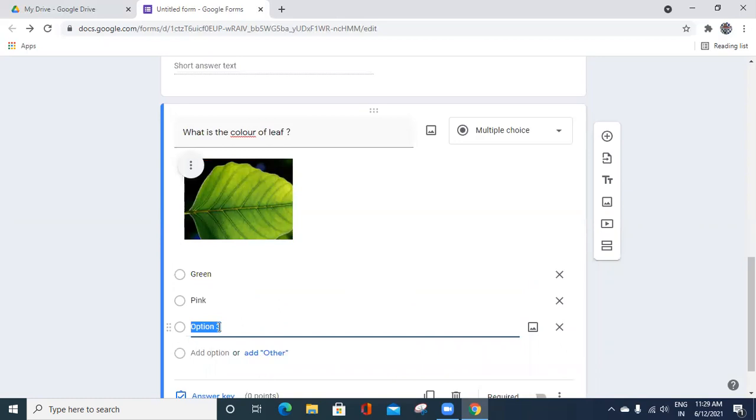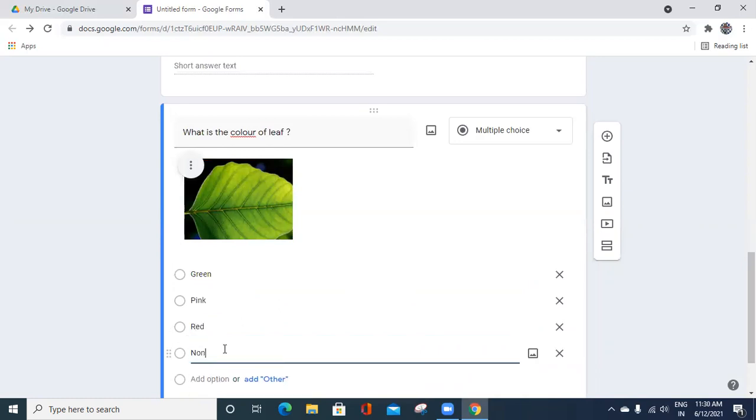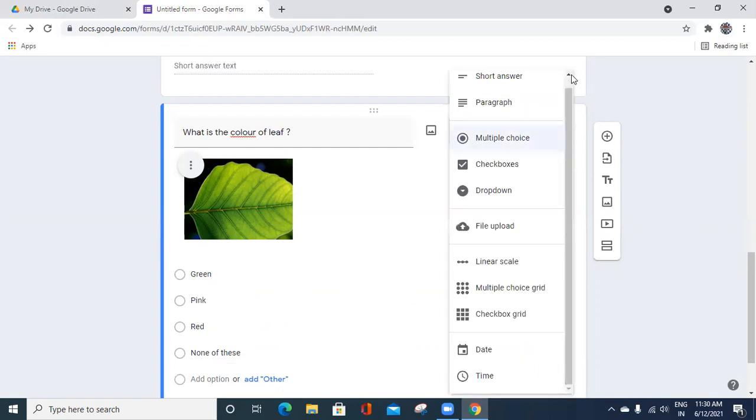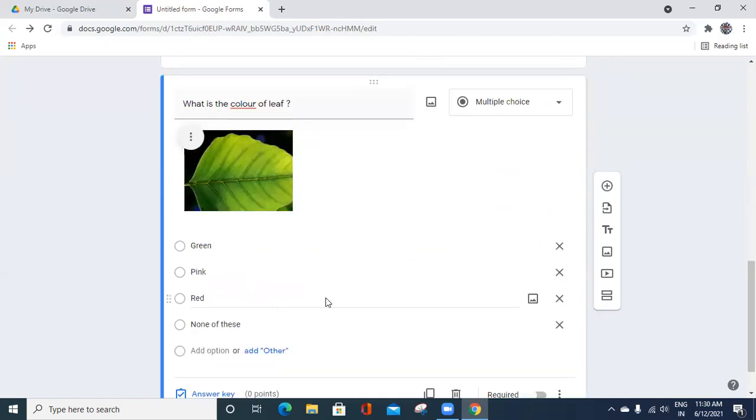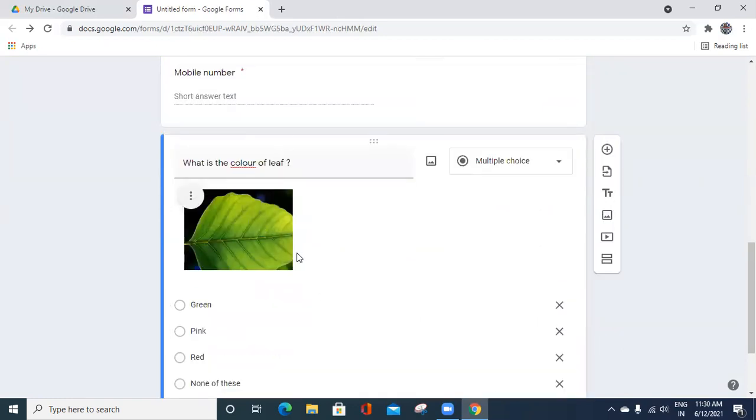Add option here, red, and one option you can give none of these. Here there is no need to give all 4. If you want 2 also you can give. So it depends upon you. True or false also you can give in options, or multiple choice true or false. Now this is one question with a picture, optional it is.